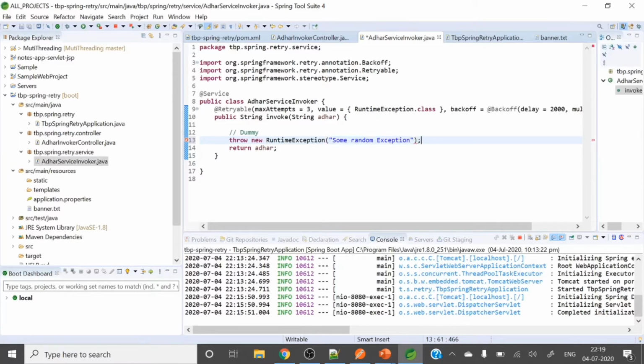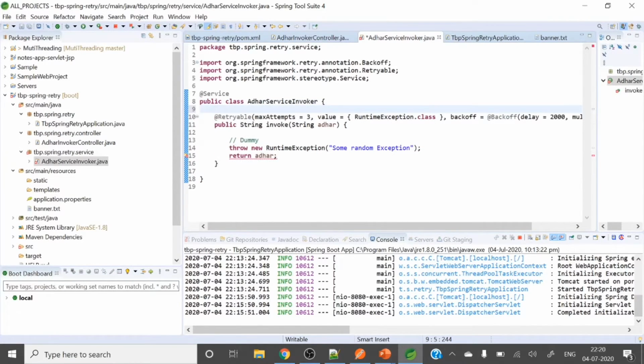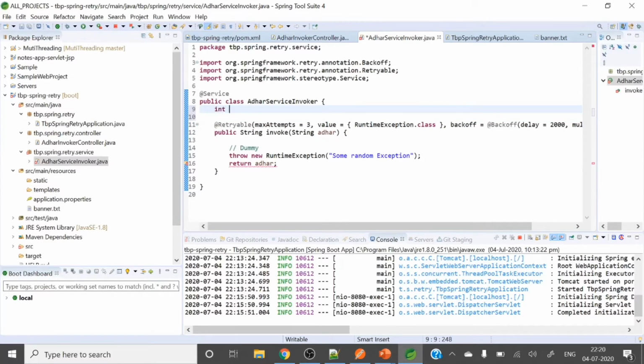Okay, so here it will be unreachable. So let me take here one integer, counter equal to 1.